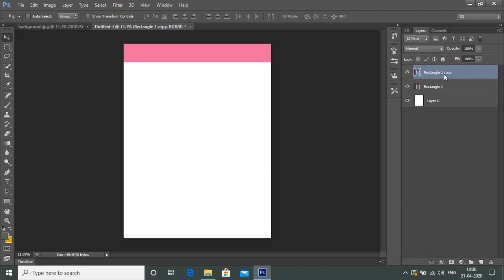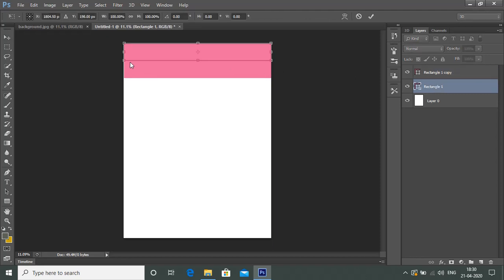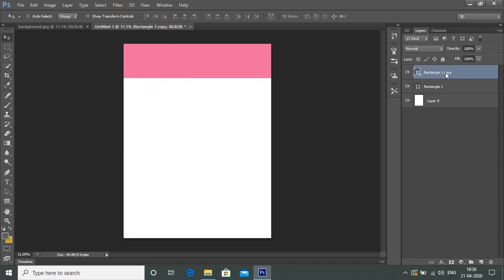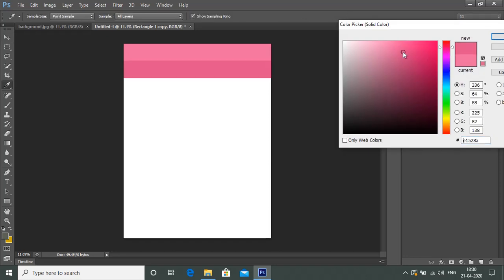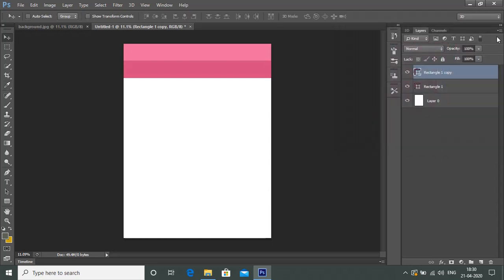And you can move your rectangle by using your cursor this way, or you can even move your rectangle by using the arrow keys. Okay, I want to change its color. So double click on it and change the color. I just want a little bit darker shade of pink.